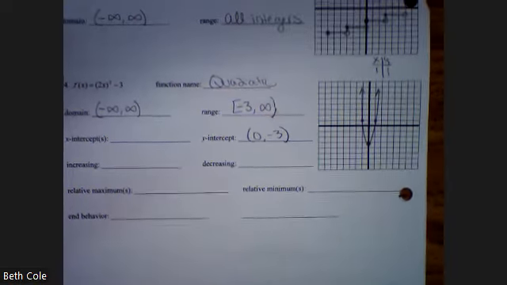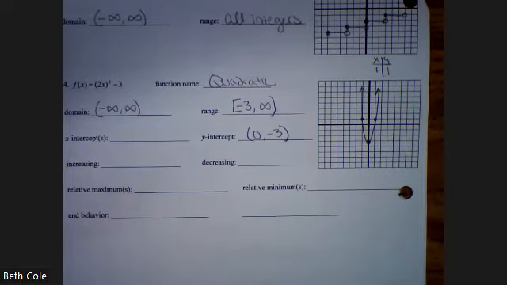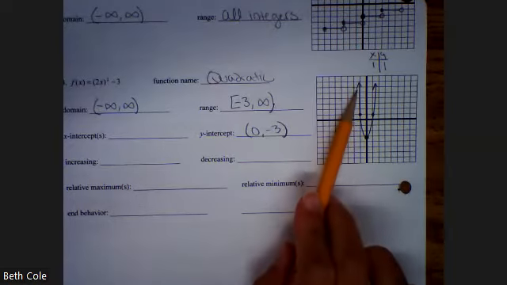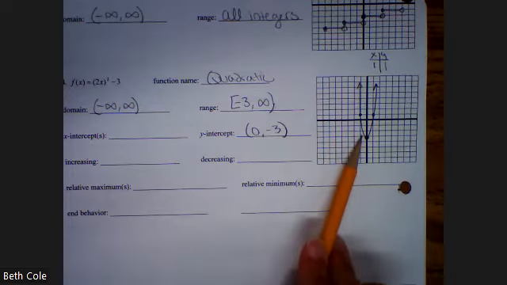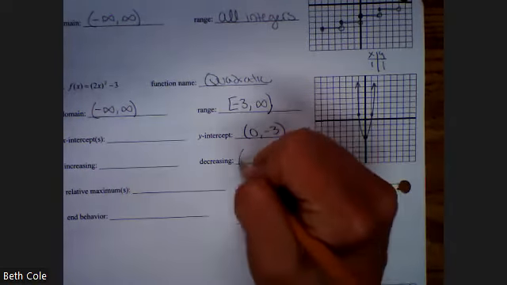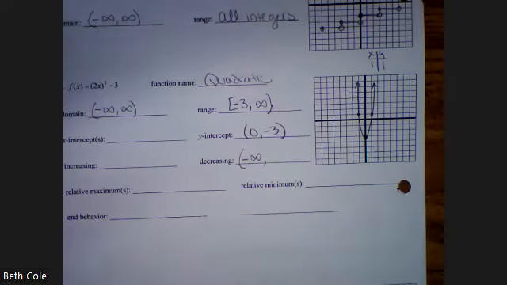All right, increasing and decreasing. You're going to have to read left to right. So I will point to it, just watch me. We're going to read left to right. What is the graph doing first? Going down, decreasing. So we are decreasing from the left side, so -infinity,